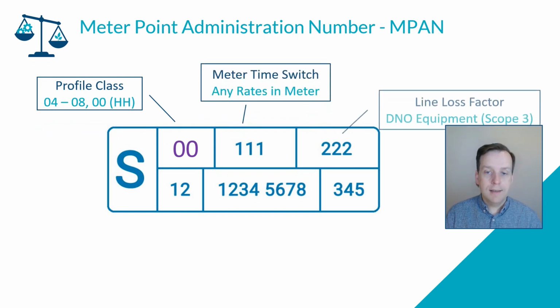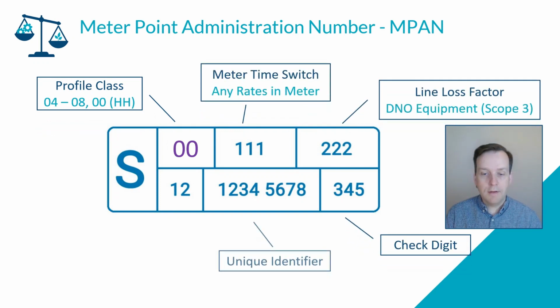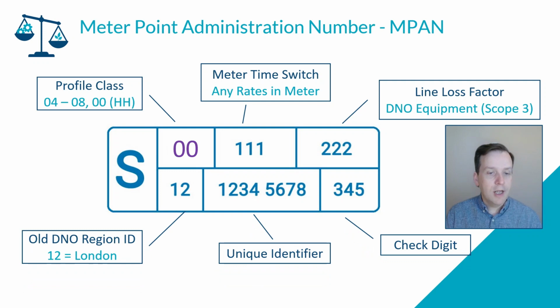So again, in the UK, we have a meter point administration number, otherwise known as an MPAN, and it contains a number of interesting pieces of information. So we have our profile class, and there's a number of classes in the UK reflecting the type of meter and whether it's connected to a business or domestic. For half-hourly data, typically it's a 00 class, or half-hourly class. Effectively means that